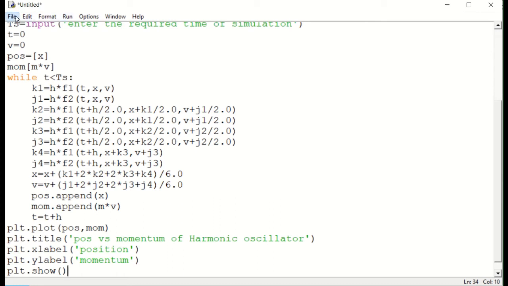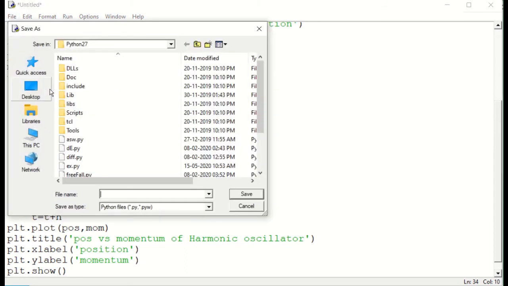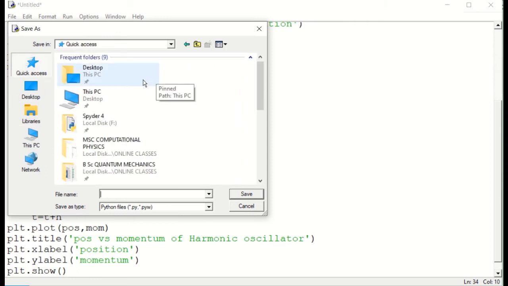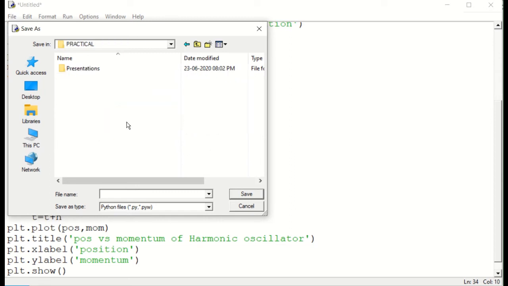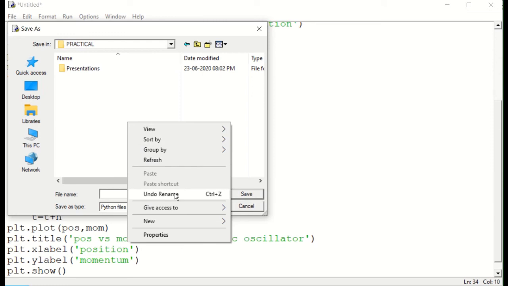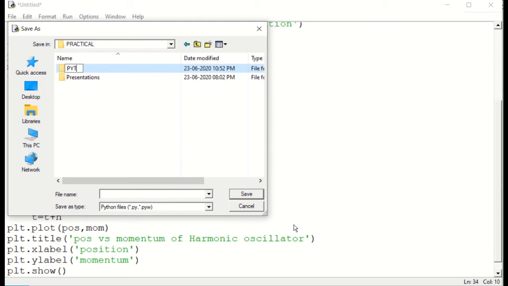Now we have to save this in our file. So we will save this as harmonic oscillator.